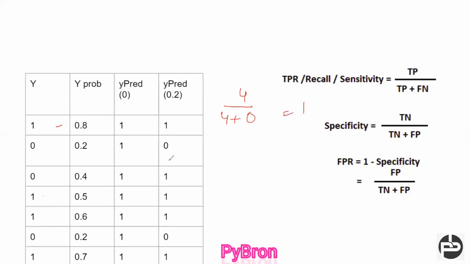Got it? Similarly, you can calculate the false positive rate also. It is actually 0 and the machine has also identified 0. So these are the cases, 1 and 2, meaning 2 divided by 2 plus actually 0 but machine identified as a 1. So 1. This is the one case only.